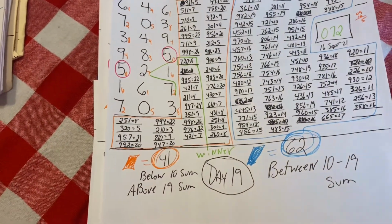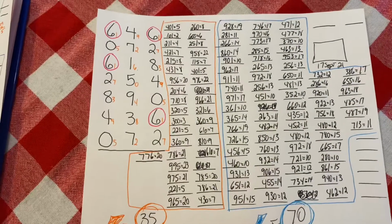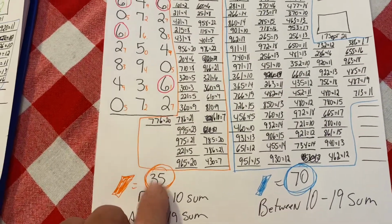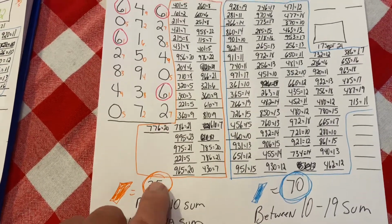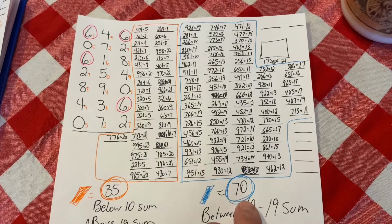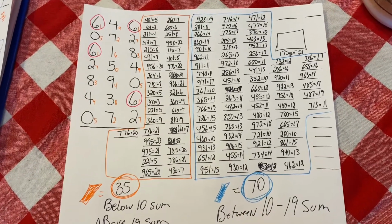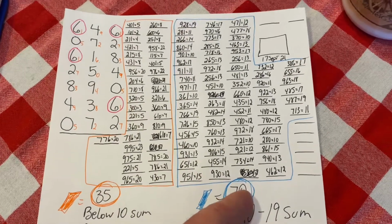So what I'm looking at now is today's rundown. And we have a total of 35 on the left-hand side. It's going to be below 10 and above 19. We have 35 of those. And then over here on this other side, we have between 10 and 19 some. You have 70 of those. So since I added so many different patterns, that also jacked the numbers up to where they was a lot